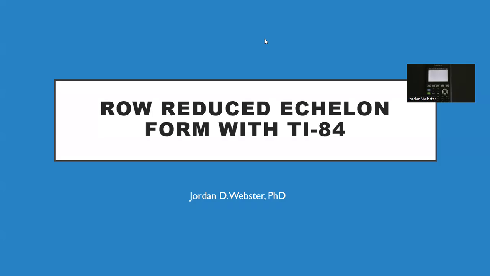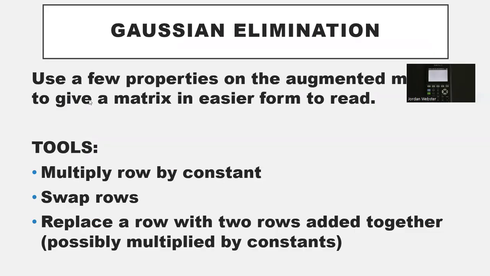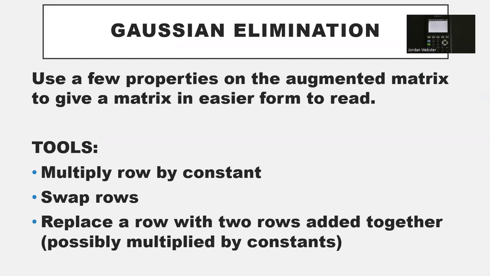In this video, we'll show how to calculate the row-reduced echelon form of any matrix with the TI-84 calculator. The process that your calculator is going to use is the process of Gaussian elimination. Usually we have this process when we're dealing with an augmented matrix, and then we're trying to create row-reduced echelon